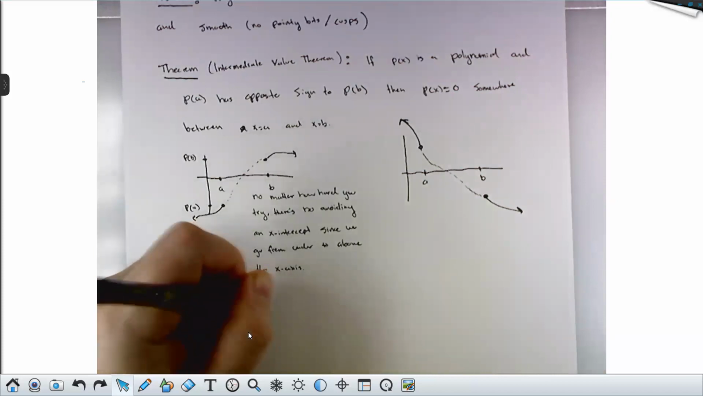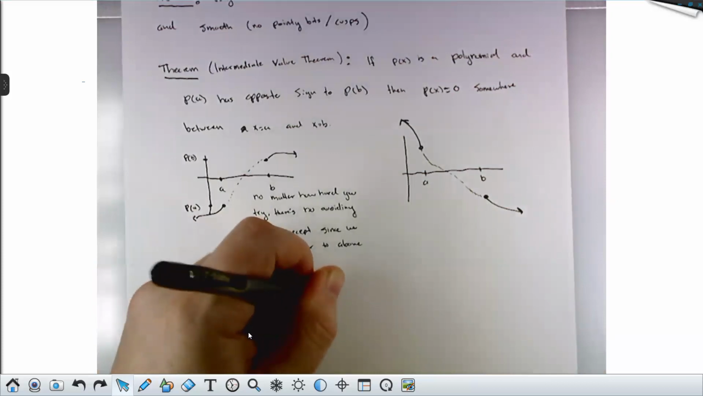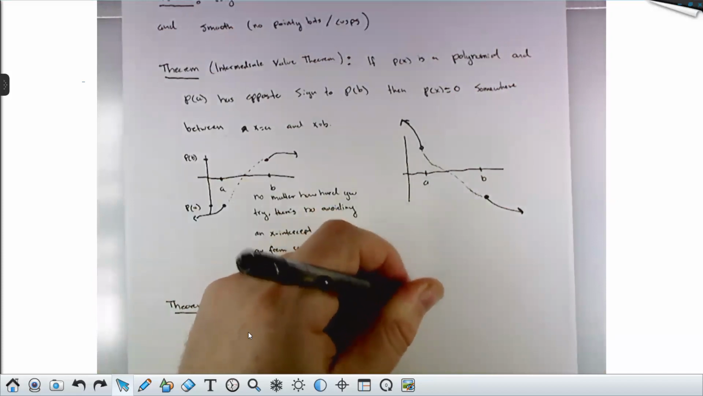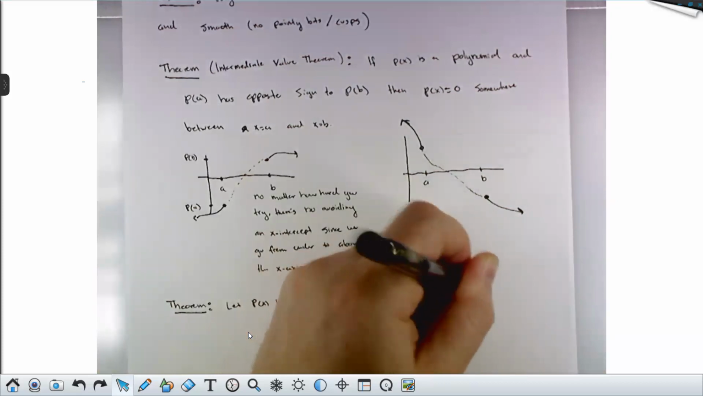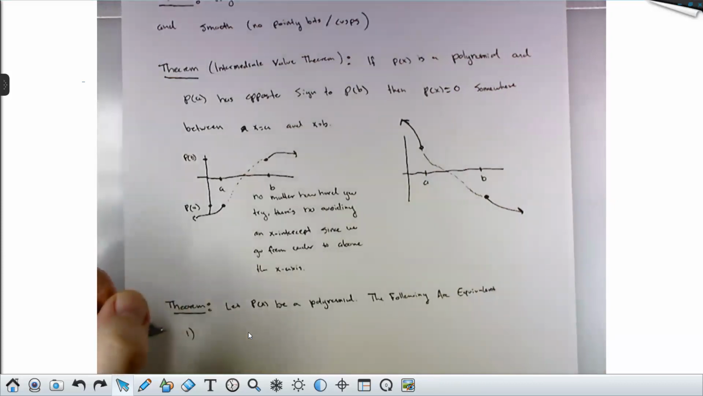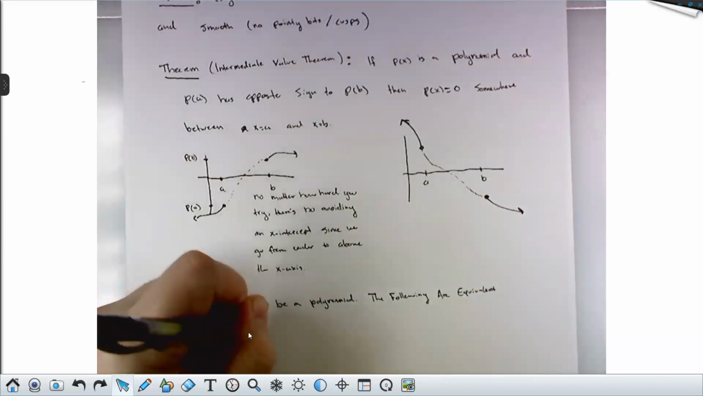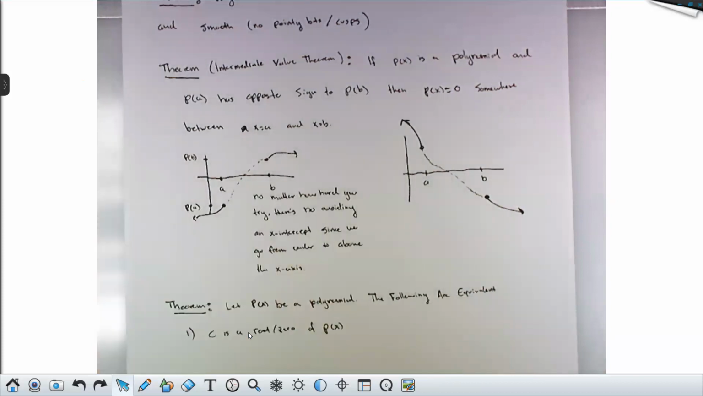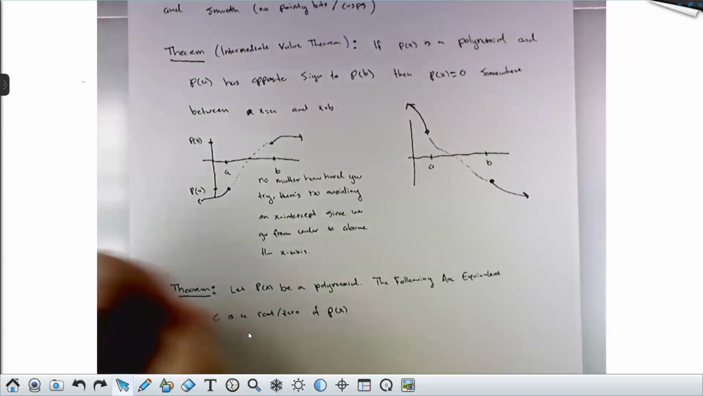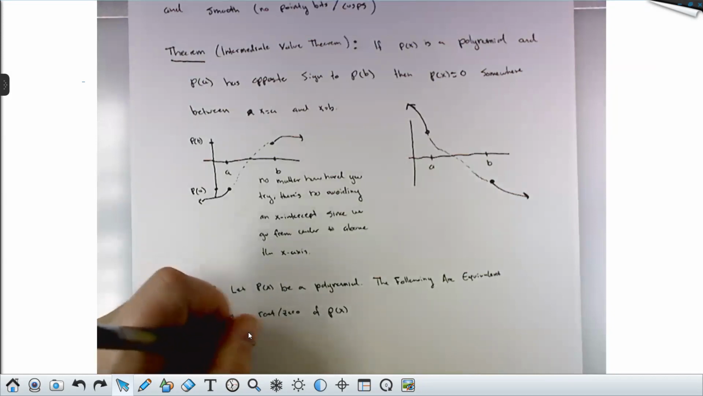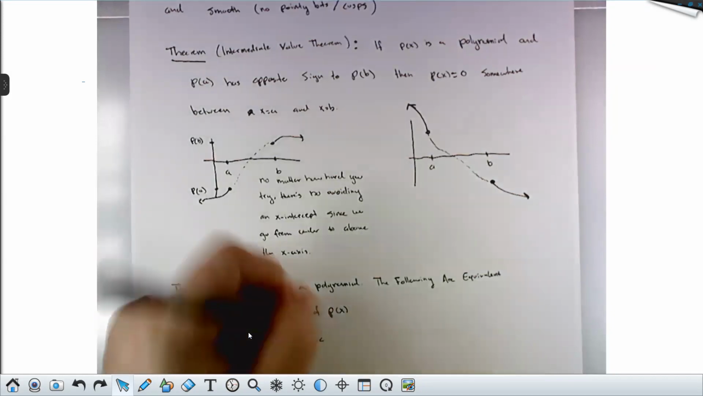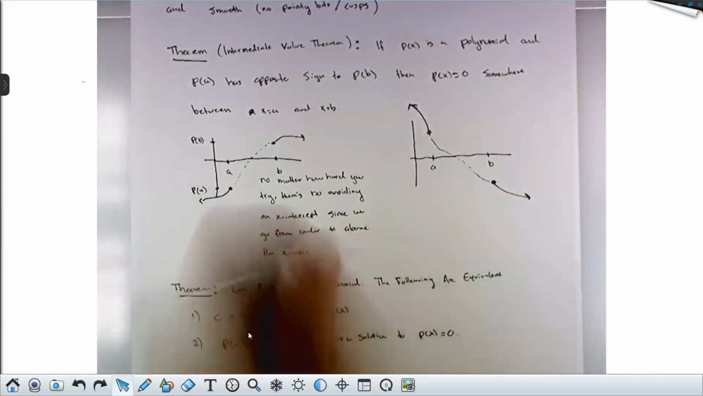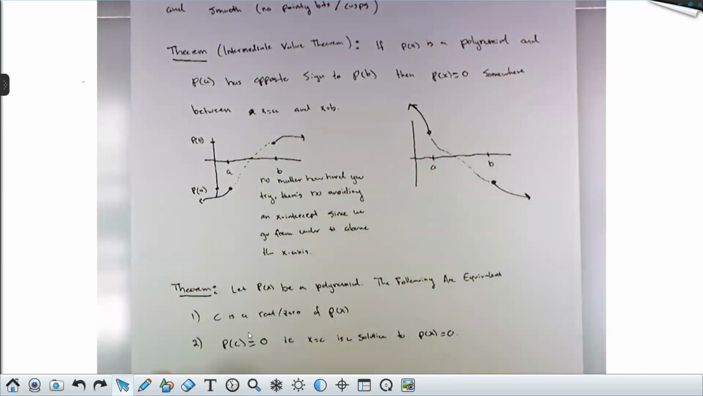Let P of x be a polynomial. One: C is a root or zero of P of x, right, the number C. Two: P of C is equal to 0, i.e., x equals C is a solution to the equation P of x equals 0. Three: